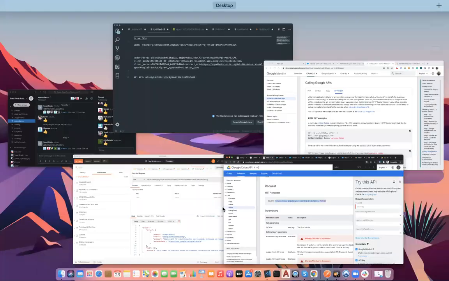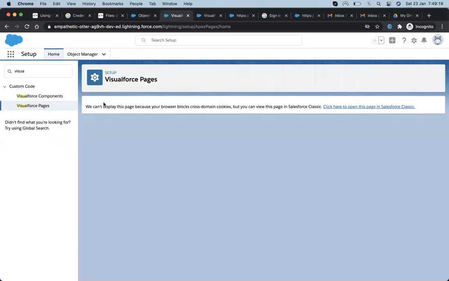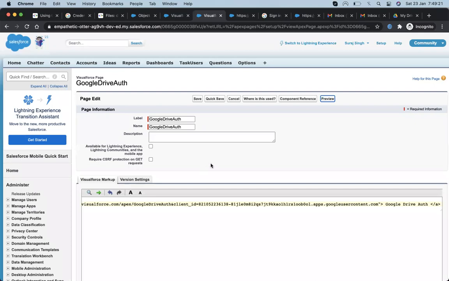But the thing is that you need to know the concept, how to make an authentication and get the access token from the Drive API and be able to get the files present in it. That's the important thing, how you have to do that. Okay, so daily limit for authentication is exceeded. Continue as required. Or maybe I need to do a re-sign up, then it will help. Let's preview. Maybe I will do the re-sign up, then it will reset the limit.